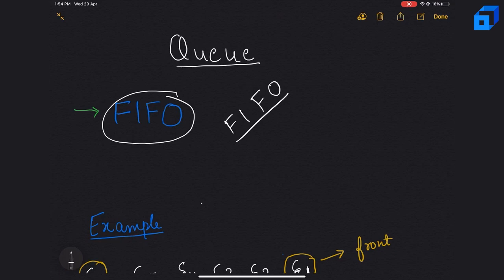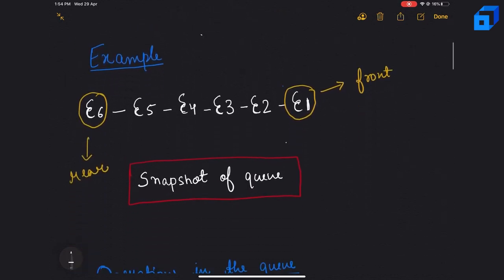So if we want to construct a queue as a data structure, then we need to support both insertion as well as deletion in the queue. In a queue, as we need to maintain the FIFO property, both removal as well as insertion should happen from different ends. It means if insertion happens at the front, then deletion should happen from the end and vice versa. Let's take an example to understand this. Let's say this is the snapshot of the queue at some particular time, and this is the front element of the queue, and this is the last element of the queue, or we can say the rear element of the queue.